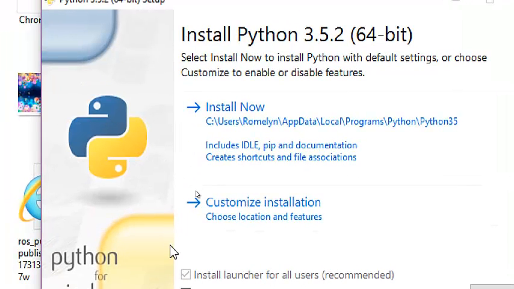This is how to install Python 3.5 for 64-bit. Also, this installation method also works for Python 3.5 for